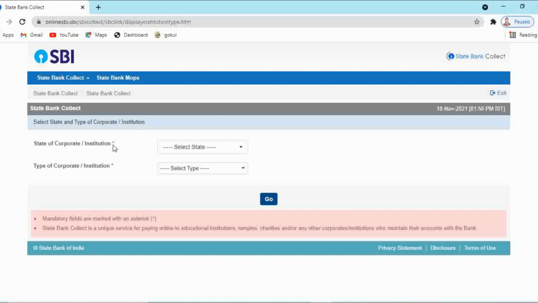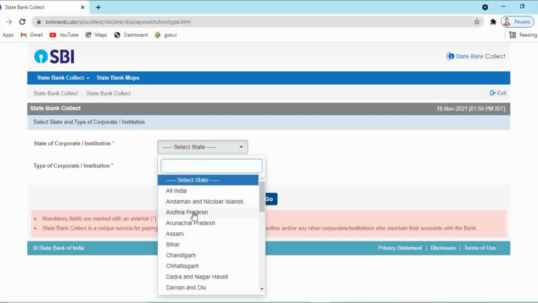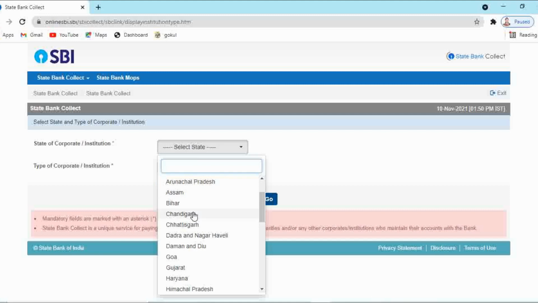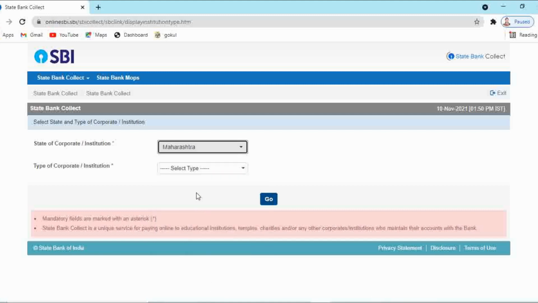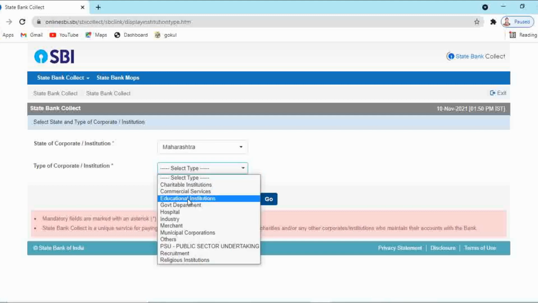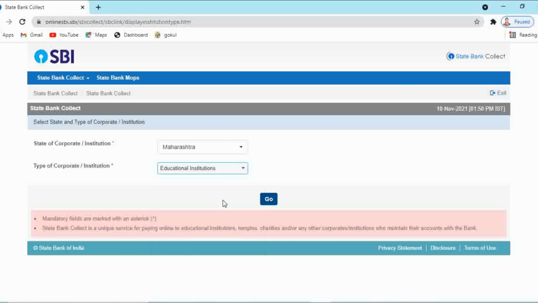Here the state of corporate or institution you have to select. That means in which state your institute is located, that state you have to select over here. Here I am selecting Maharashtra because our institution is located in Maharashtra. Next you have to select the type of corporate or institution. Here I am selecting educational institutions.